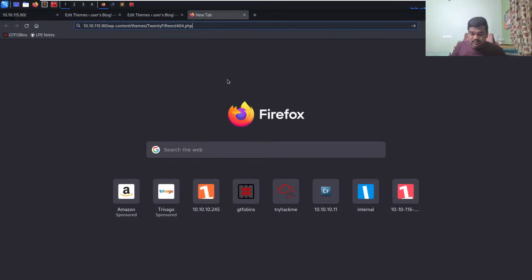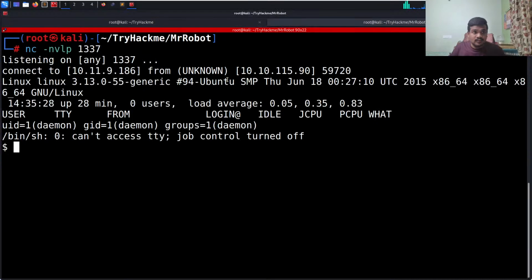Okay, so that is the thing. You can see we got the shell. I think we previously got the shell itself, but we hadn't turned on the listener, so that's the reason we hadn't got it. If I type whoami, you can see I'm daemon. So this is like a normal process you can call. And what we need to do is some stuff like